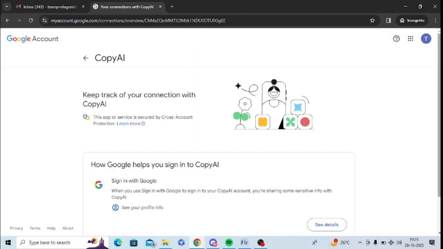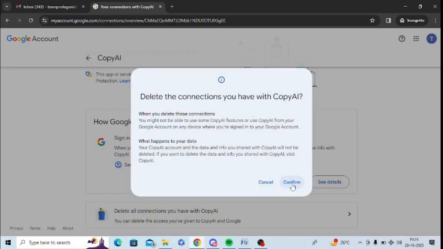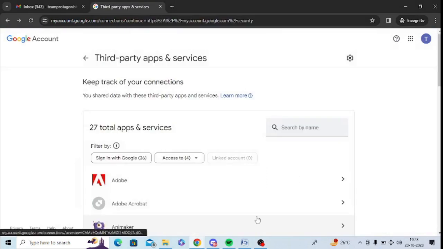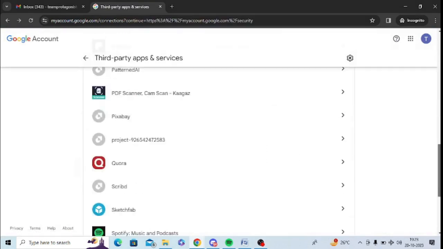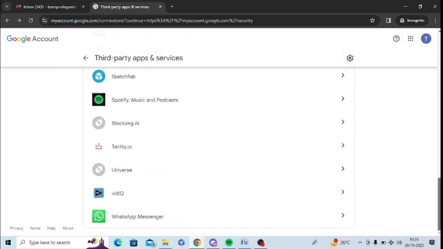I need to just tap on one of them and click on this option, delete all connections you have with copy AI. So just tap on this and click on confirmation. So it will be deleted. You can see you are no longer connected to copy.ai. It is now disconnected. Now it is 27. So you can disconnect one by one, and whichever you want you can keep it, and otherwise you can disconnect